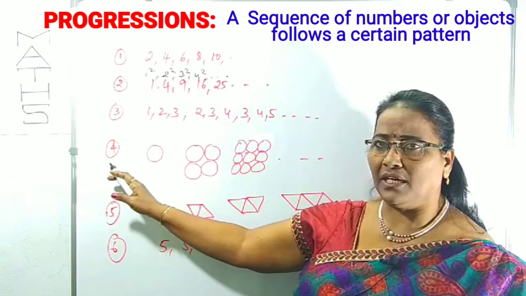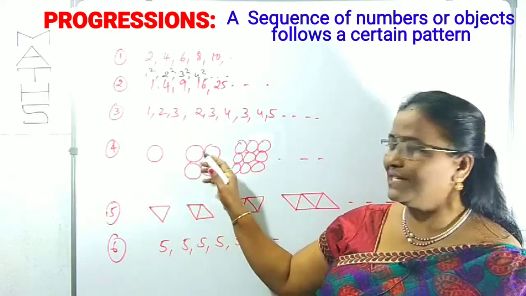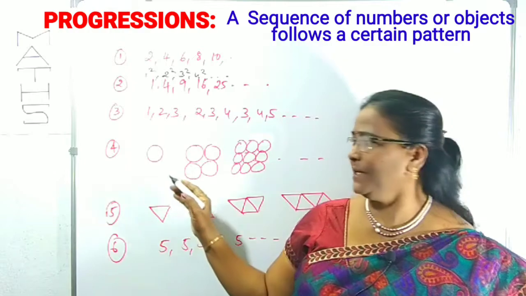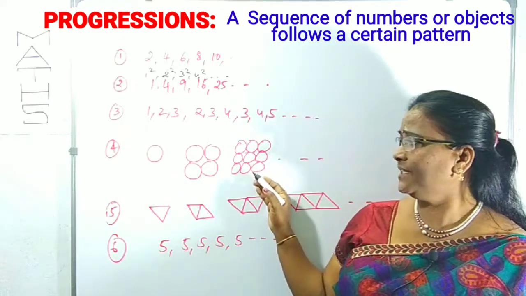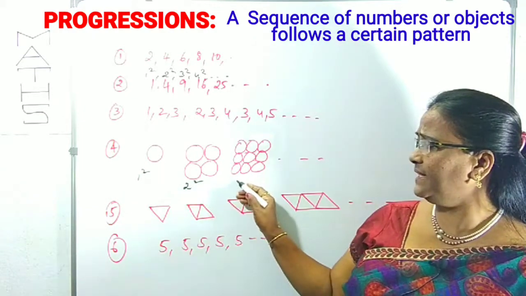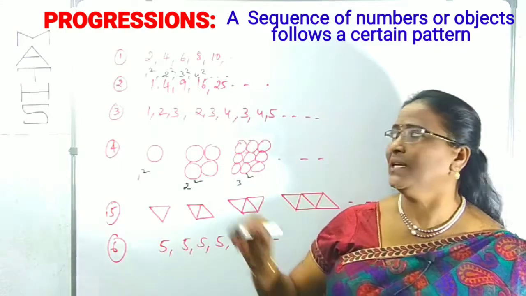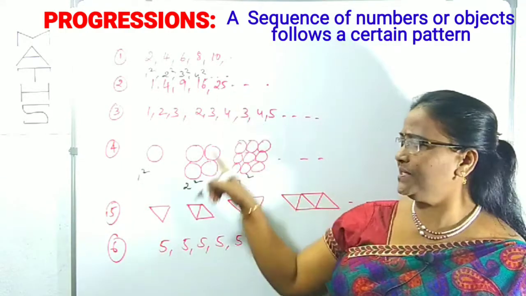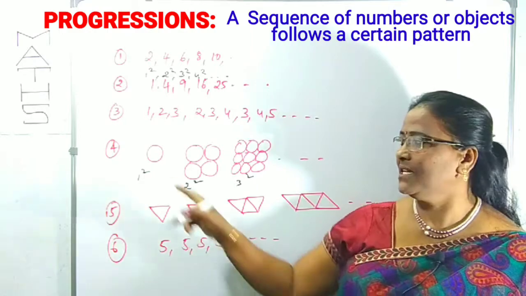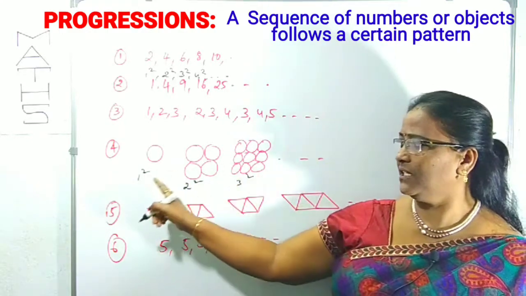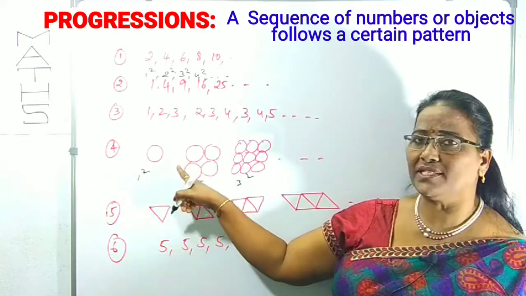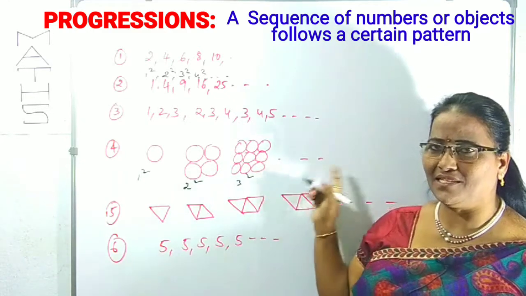Okay. That is important. Understanding is important. Now the fourth example, what you can observe is that I have given some circles here. And what is the first one? It is 1 circle. Second one will be 4 circles. Third one will be 9 circles. Means circle 1 square, circle 2 square, circle 3 square and so on. Like example 2, in which I gave numerical values, here I have given circles. Clear? In place of circles you can take anything. So this is also one of the types of progressions. What do we observe here too? 1 square is 1 circle, 2 square is 4 circles, 3 square is 9 circles, and so on.